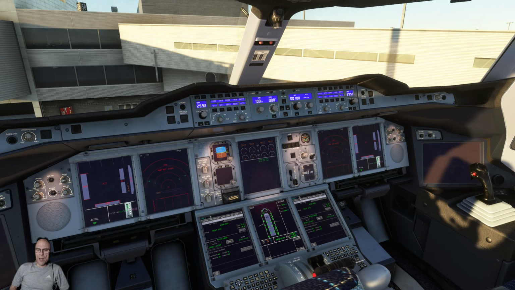But the reality is having a 4-engine aircraft, it's going to consume a lot more fuel. It's very heavy on the fuel, and of course, being very heavy on the fuel, it's also very expensive